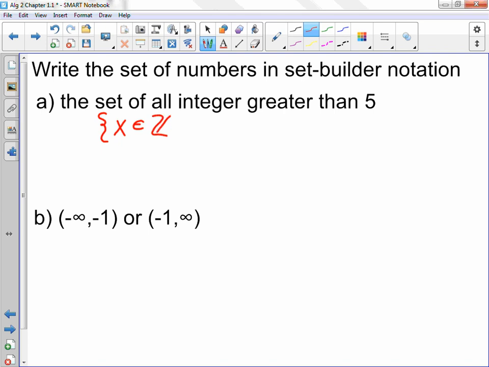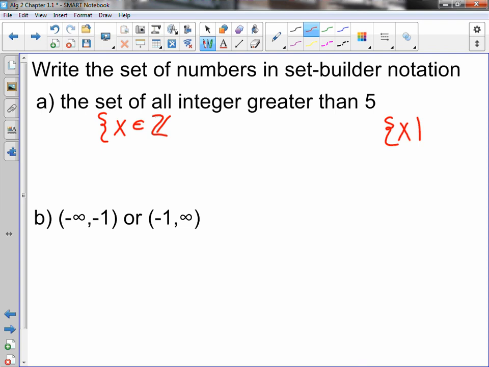For this, referring back to yesterday, we use Z. The reason we have to use this is because, if you think back to a few minutes ago, our basic set builder, which was just this here, said what? The set of all real numbers. Are we talking about real numbers here? We're talking about integers, so we have to change it. So the set of all integers